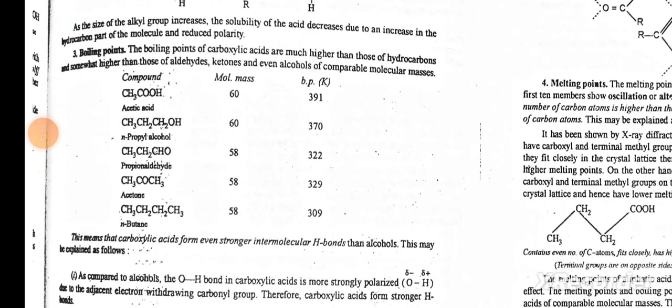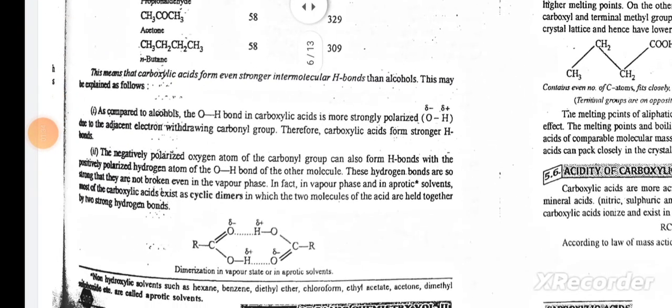Boiling points. The boiling points of carboxylic acids are much higher than those of hydrocarbons and somewhat higher than those of aldehydes, ketones, and even alcohols of comparable molecular masses. This means that carboxylic acids form even stronger intermolecular H bonds than alcohols. This may be explained as follows. As compared to alcohols, the OH bond in carboxylic acid is more strongly polarized due to the adjacent electron withdrawing carbonyl group. Therefore, the carboxylic acids